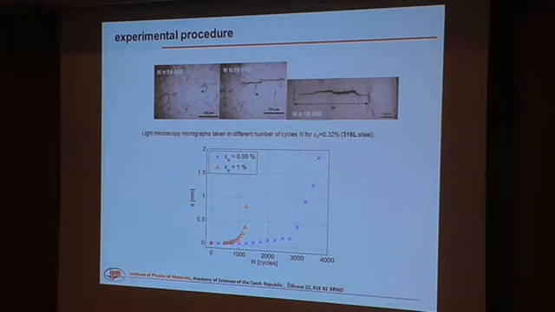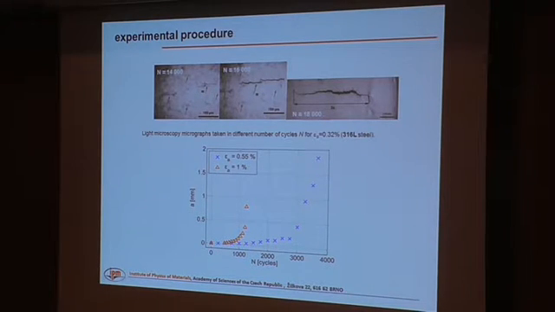In the other specimens, the crack was initiated naturally, so you can see that there is some network of cracks, called the small cracks, and one crack starts to be bigger than the others and leads to the final damage of the specimen. So from all these experiments, we obtain